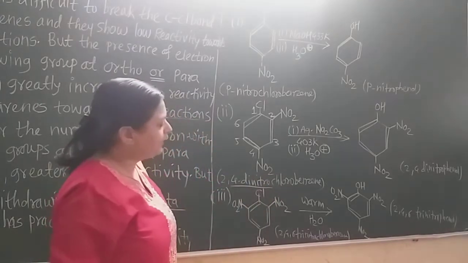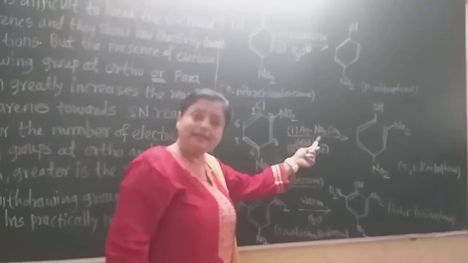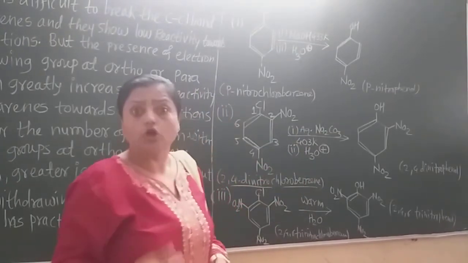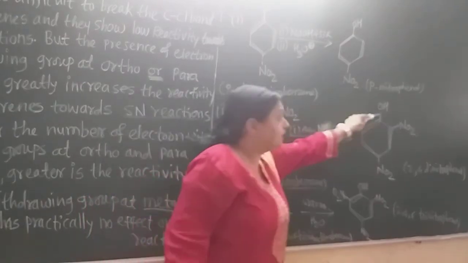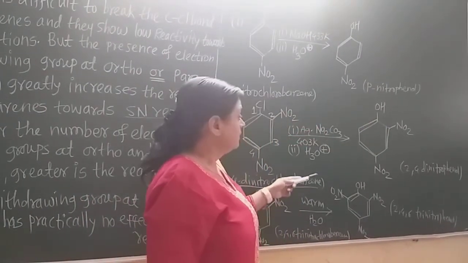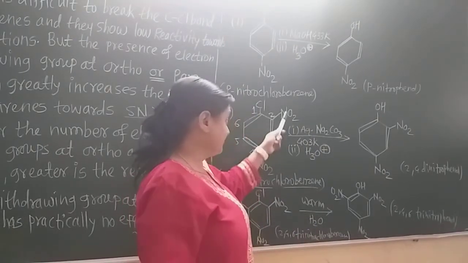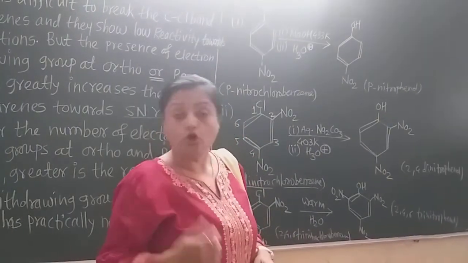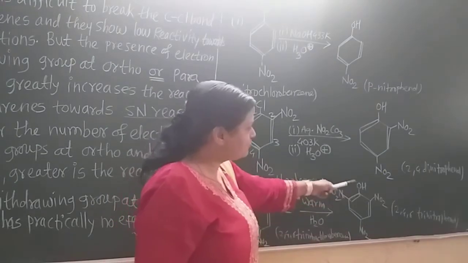So 2,4-dinitrochlorobenzene is the reactant, and if this mild alkali in aqueous solution forms the phenol, the chlorine gets replaced by the OH group and only mild alkali is required. Why? Because electron withdrawing groups are present at the ortho and para positions, the reactivity increases and there is formation of,